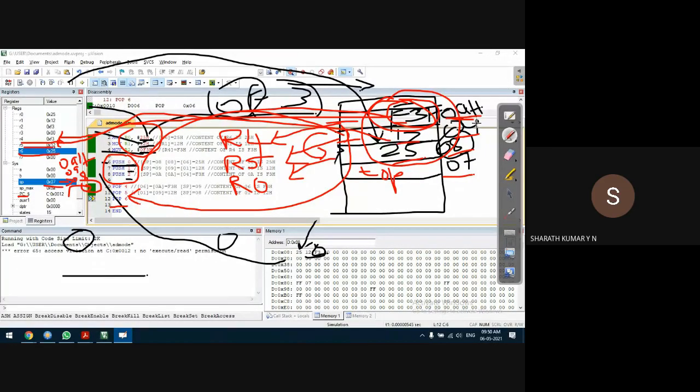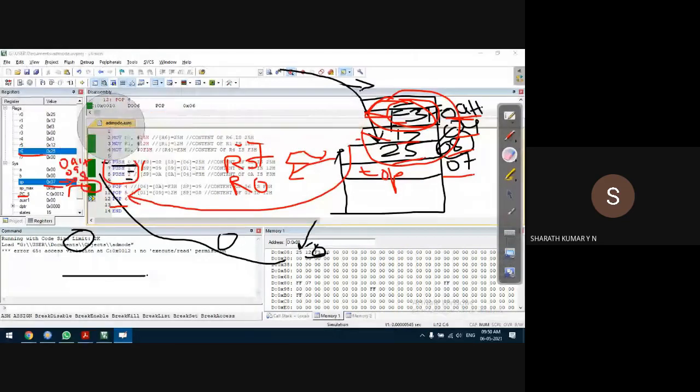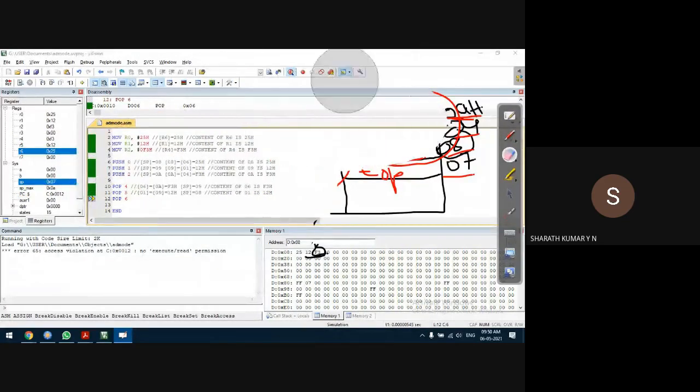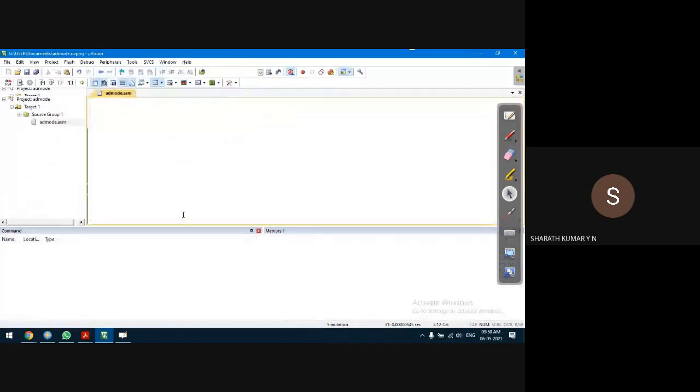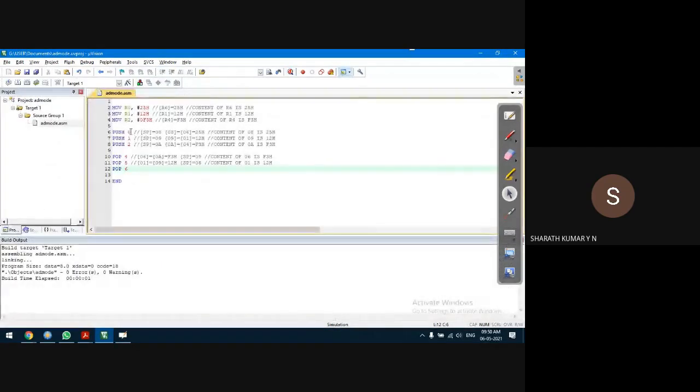Very simple. Now what we have to check is what other arguments we can give to the push and pop instructions. Instead of an address, can we provide something else, like a register? Let us check that also. Let's say instead of push with an address, I'll write push R0, for example. Let us see what happens. Logically it is not too different, but let us see what the compiler says.